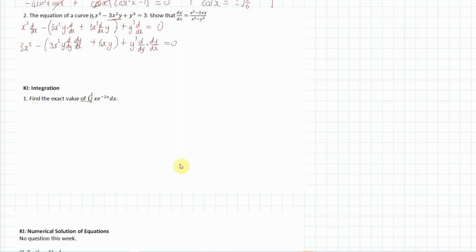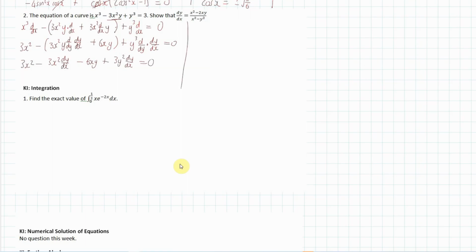Okay, now next line, we're going to get 3x squared minus, and that y will drop out, so we'll just be left with 3x squared dy dx, and I'm opening up my brackets now. The next one is going to be minus 6xy plus 3y squared dy dx